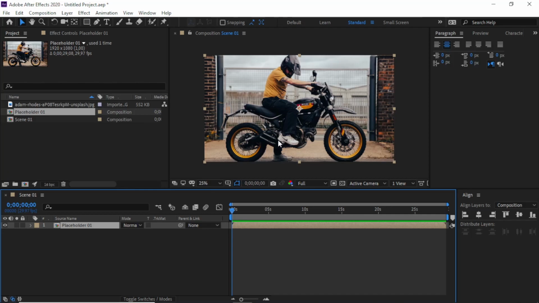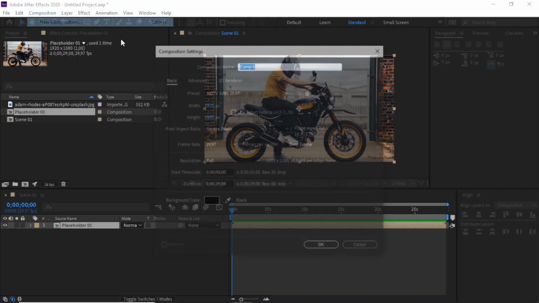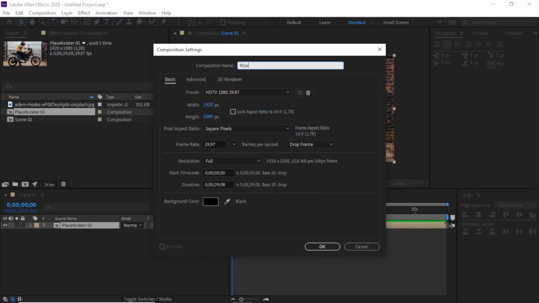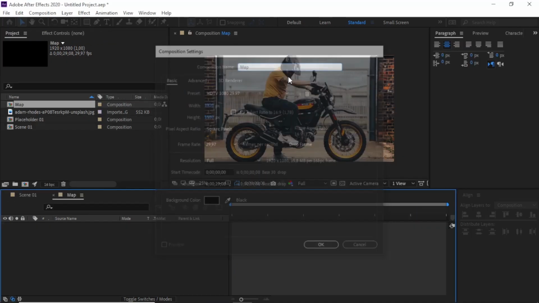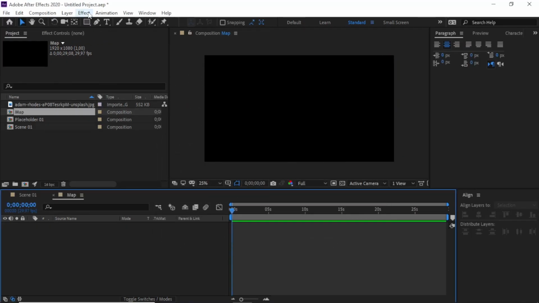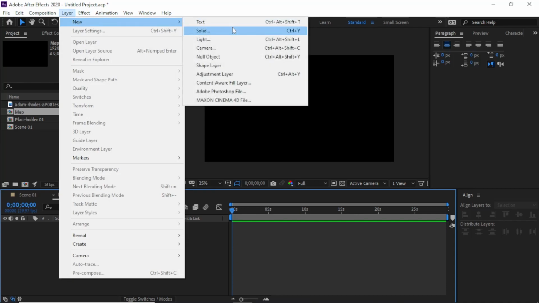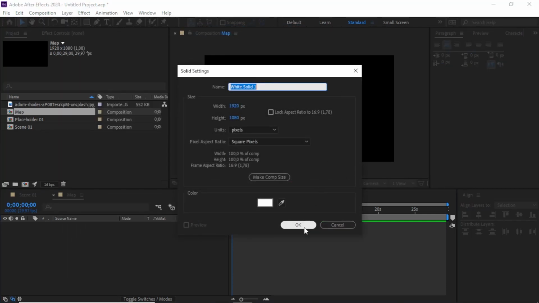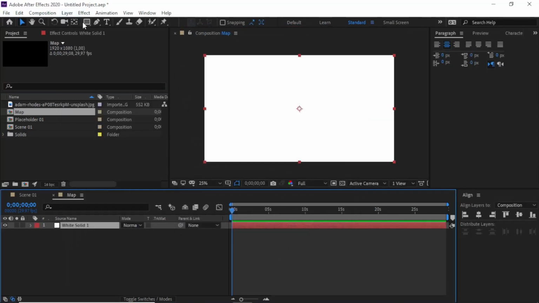And then we need to create new composition. We call it map, to create a black and white map.